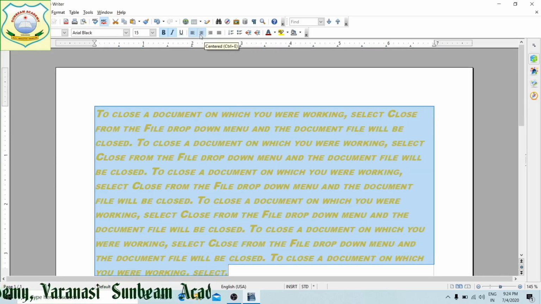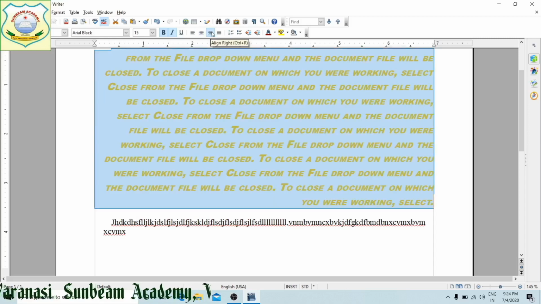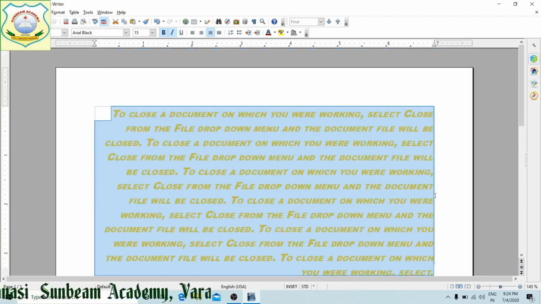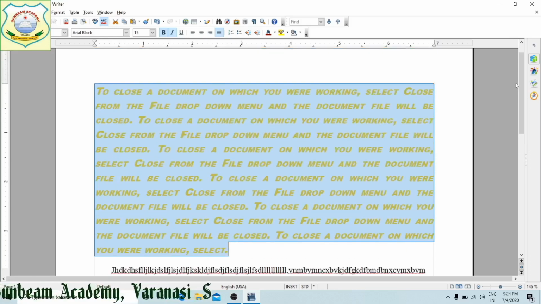Second is center. Text will be flourished from the center line and it will go both the sides equally. Right, from where it is going to start doesn't matter, but it will end at the same point. Next is justify, means left and right, they will start and end on the same point. This is known as text alignment.